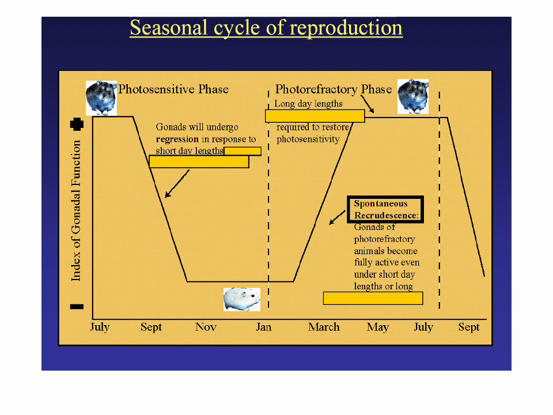So if we were to take this hamster, say this second dark hamster, or the third hamster, the one that's all the way on the right, and were to take him out of the wild and put him into an artificial environment in which they never see short days, they will continue to maintain breeding condition.